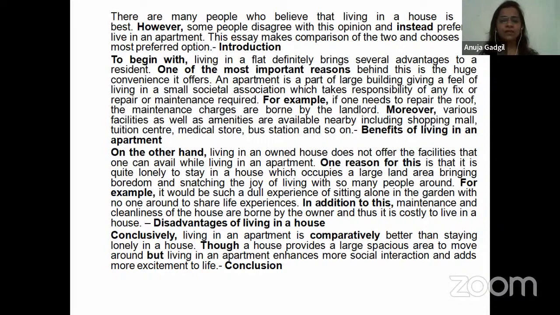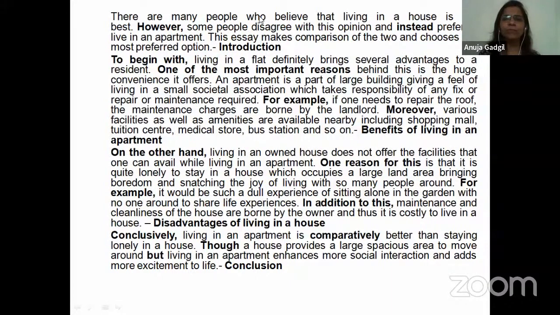Conclusively, living in an apartment is comparatively better than staying lonely in a house. Though a house provides a large spacious area to move around, living in an apartment enhances more social interaction and adds more excitement to life. Now,